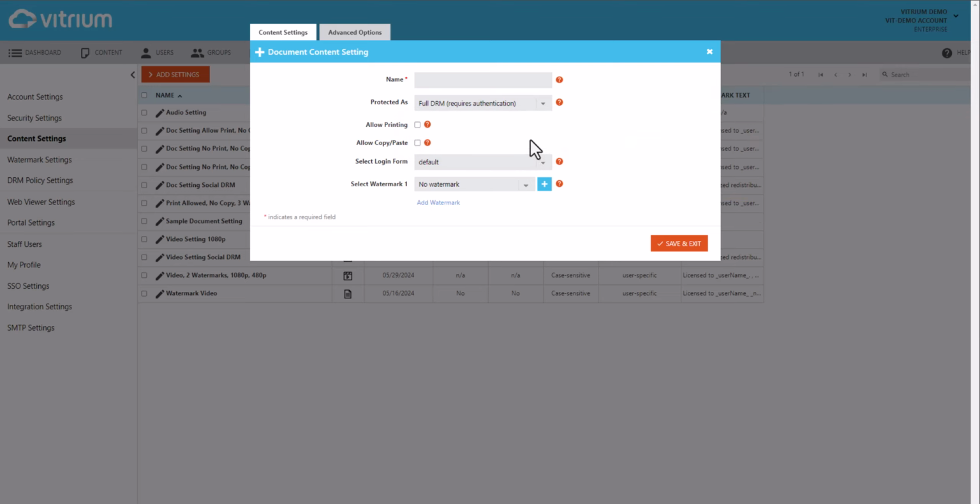The next settings are going to allow us to choose if we would like to have the document be printable or allow copy and paste. For this example, we are going to leave these blank, as those are usually what we recommend as best practice. The Select Login form will show default. No change is necessary here unless you have worked with Vitrium to create a custom login form for your downloaded protected PDFs. The next thing we're going to want to take a look at is selecting a watermark to use